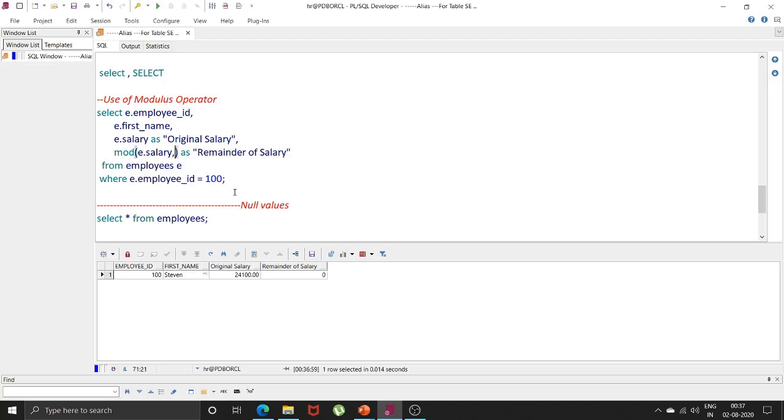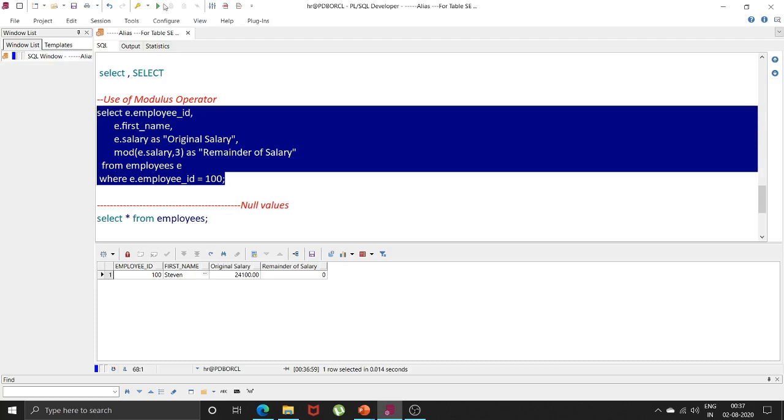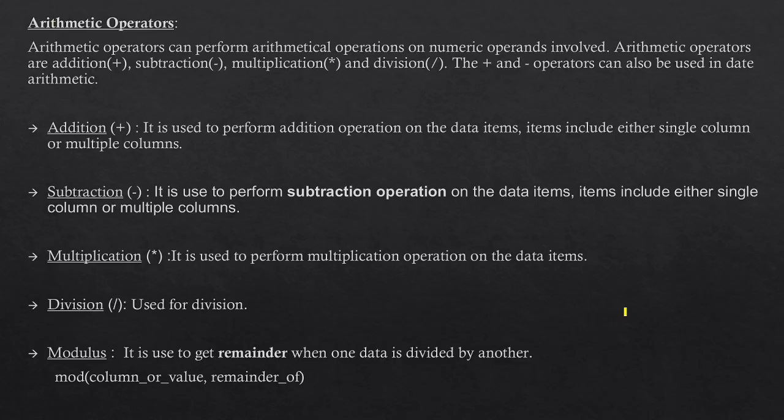If I divide it by 3, let us see what you will get. You will get 1. So modulus of 3 for salary is 1. So this was all about arithmetic operators in SQL.